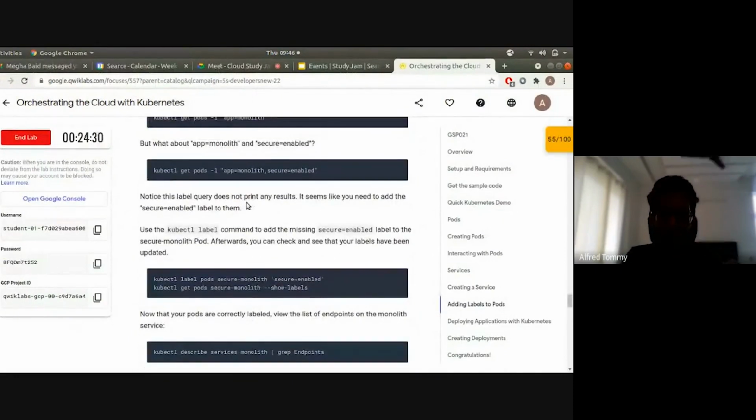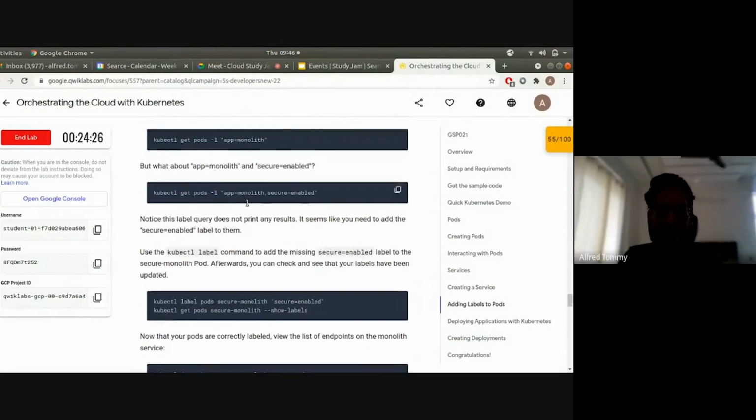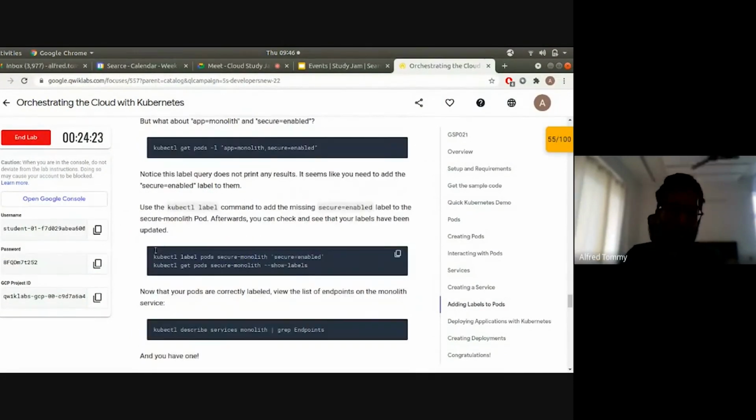By the way, there are other ways of adding labels. Remember how I changed the label on that pod, right? There are simpler ways of doing that as well. You can just run the kubectl label command. So just running kubectl label pods,